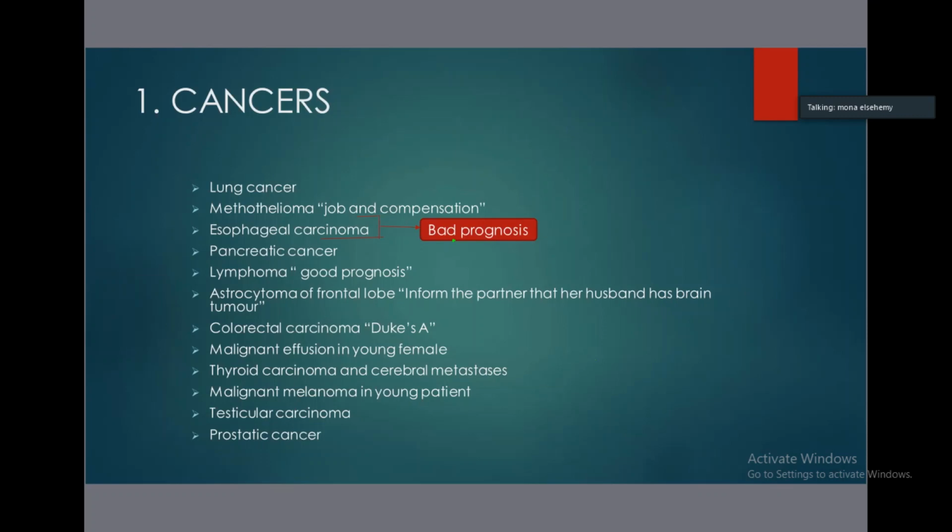The third and fourth types of cancer, esophageal cancer and pancreatic cancer. These are aggressive cancers, and it is known that they are not operable. So if you have a patient with esophageal cancer or pancreatic carcinoma, you are going to talk about end-of-life care. This is very important to know. You are going to talk about palliative care. There is no treatment, no role of surgery in this condition. So it will not be mentioned in the scenario.